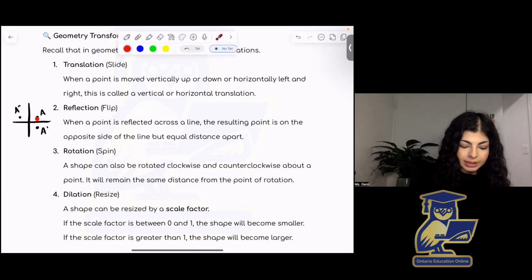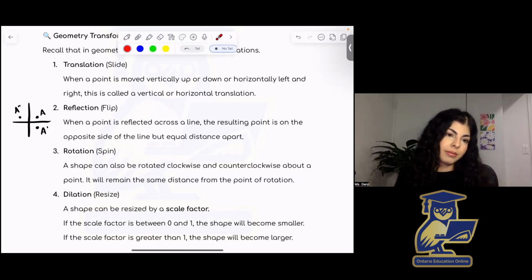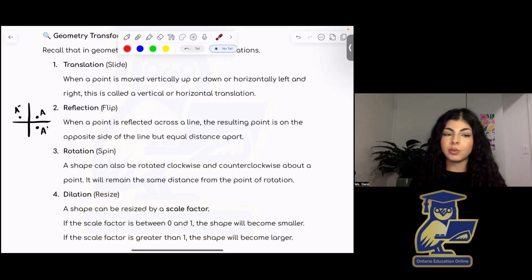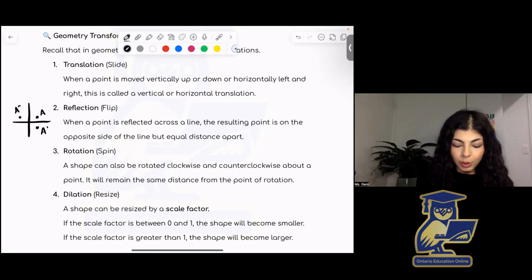And here, if you notice, this distance is the same as this distance from the x-axis, and they are both, well, in mine, it looks a little off, but they should be the same distance from the y-axis as well. But this doesn't always have to be about the x and the y-axis. We can also have,